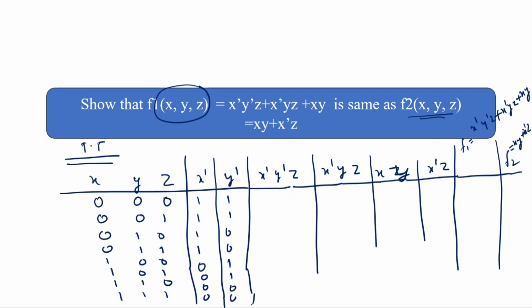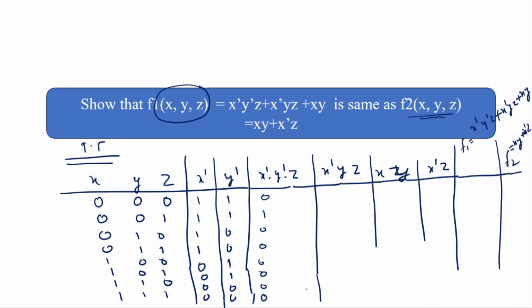Now we multiply x complement, y complement and z. Here the dot operator is used as a connector, meaning logical AND is used, so this is a product term. If one of the inputs is 0, the result is 0; where all are 1 1 1, the result is 1; otherwise it is 0 0 0 0.